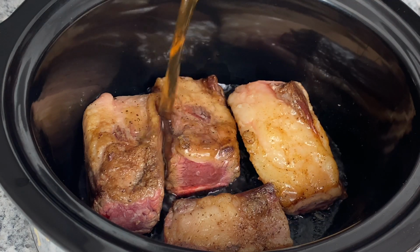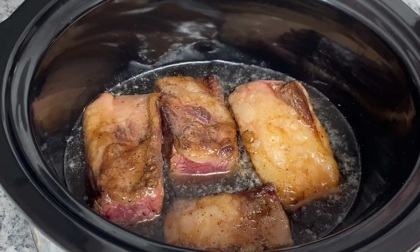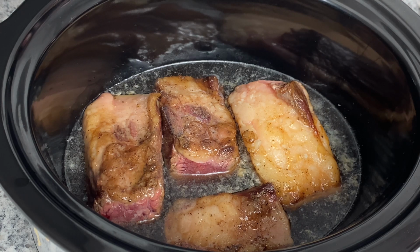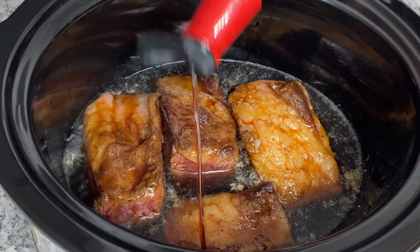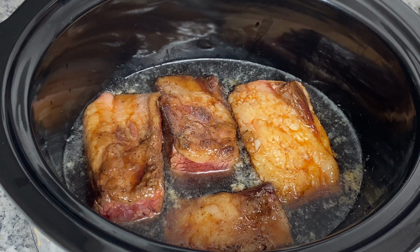So then I went ahead and removed them from the pan into my crock pot, and now I'm just going to add in some beef broth. And then the recipe calls for Worcestershire sauce, which I could not believe, but I was out of. So I was Googling different things that you could substitute. One thing was soy sauce. So I added in some soy sauce, and then I actually added in a little bit of A1 steak sauce,